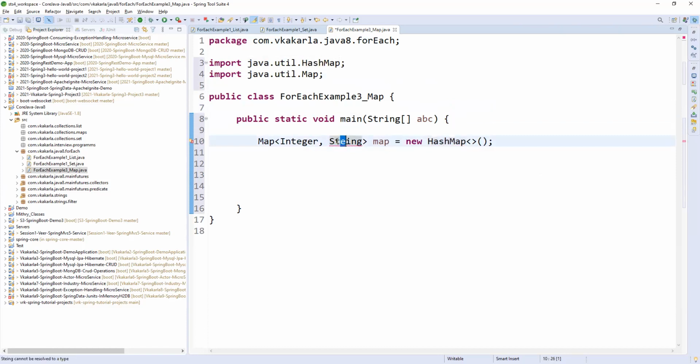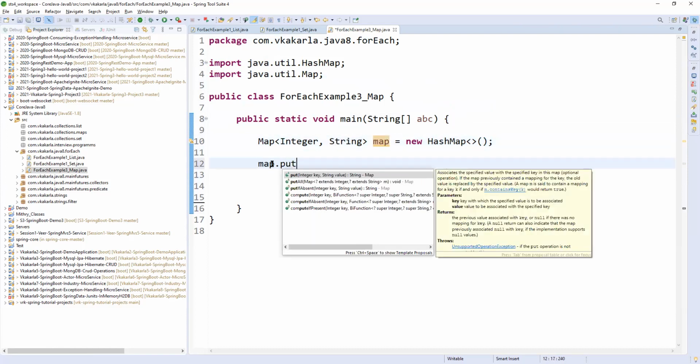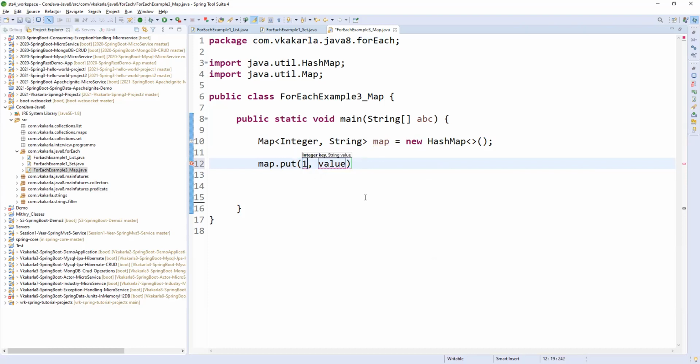Yeah, spelling mistake. String, fine. Now you can provide map data. Key comma value, the put method is there. You can see it takes an Integer key and String value. So you can give the integer, right?